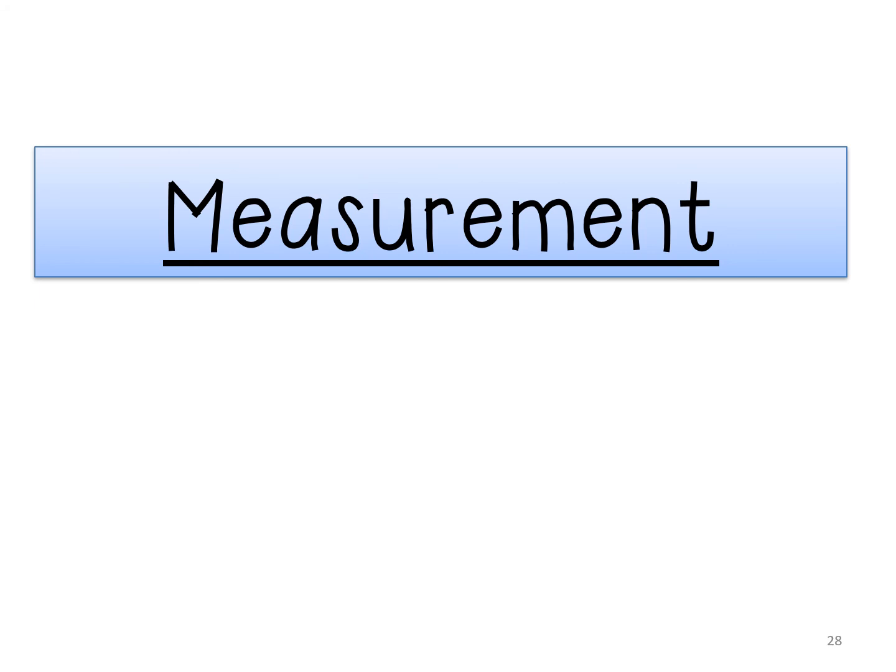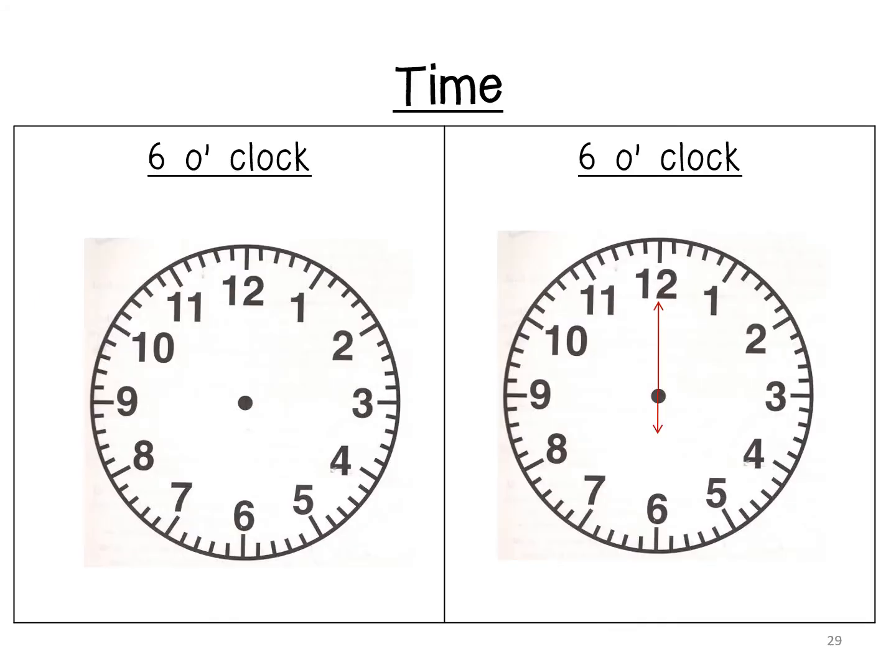Now children, we are going to be doing our measurement. So boys and girls, we are going to be doing time. As you can see, I have two blocks which says 6 o'clock. So you remember the o'clock, the long needle, which is the minute hand, always points to 12. So now let's see. The short needle, as you can see in my second block, is pointing to 6. And the long needle points at 12. And that is how we show it is 6 o'clock.